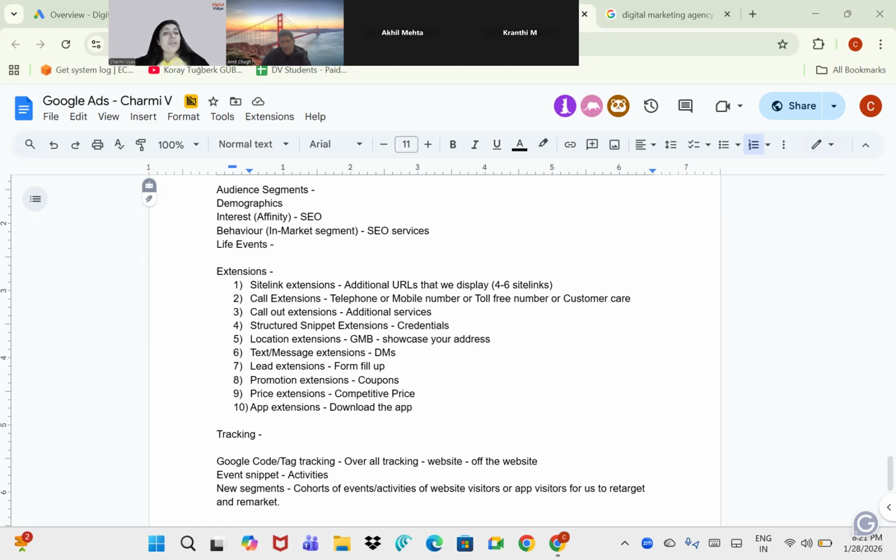Price extension. If you have a very, very competitive price, you can use a price extension. For example, Flipkart used this extension. I think lately they had this 1 rupee thing going on that they sell certain things for one rupee, and that was a pretty competitive price. So they used to do that extension. And then application extension was basically when you want people to download the application for you. So we have 10 different